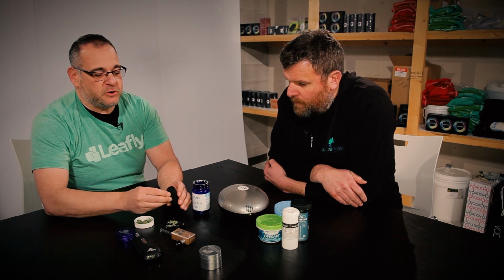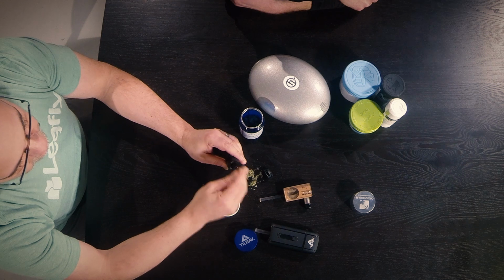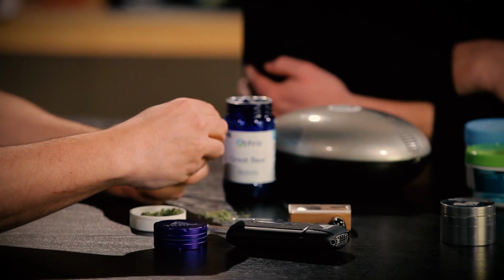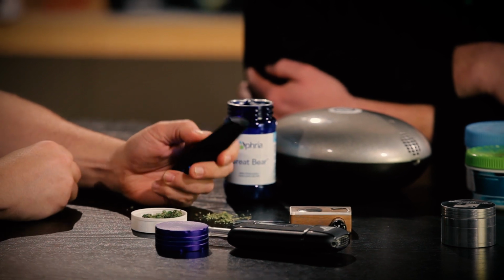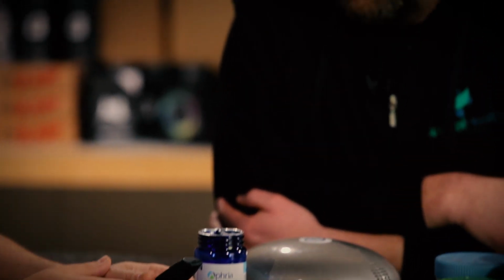So what I'm doing is basically taking some of the ground bud, putting it into the bowl, the ceramic chamber. Then what I would do is basically close the top. I'm going to turn on the vaporizer by clicking it 5 times. It's going to start to heat up that product. Did you say 5 times? Yeah, you click it 5 times. The reason you click it 5 times, if you were to put this into...